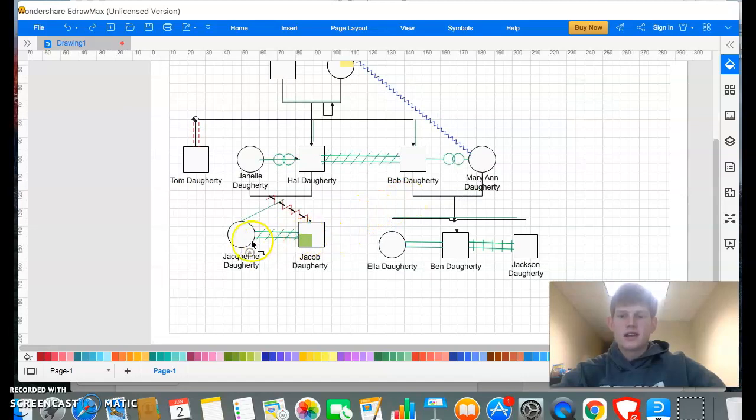I added my cousin Jacob and my cousin Jacqueline, who are best friends. I use the same signal for me and my brother, who are best friends. And then that sign means that me and my sister are good friends. My cousin Jacob has a bad relationship with his parents, but my side of the family, we all have a good, harmonious relationship. That's what the green line symbols with our parents. So that's the finished version.